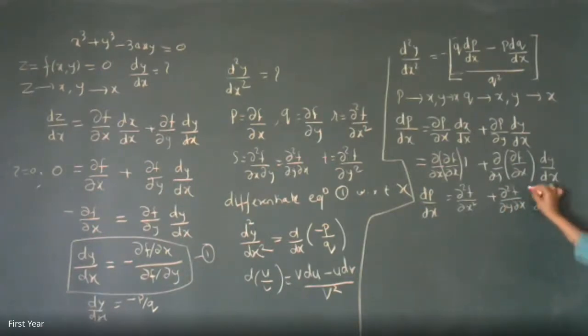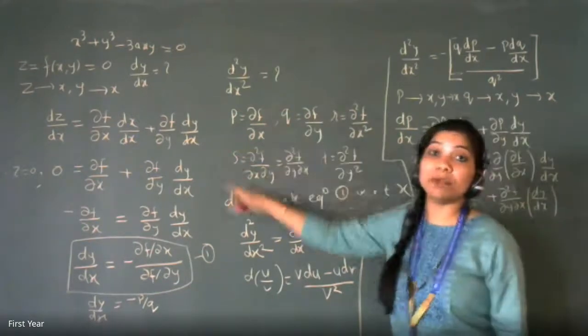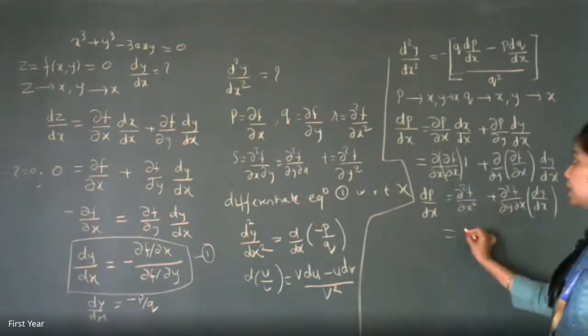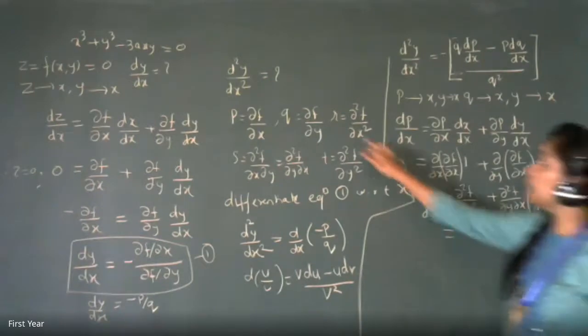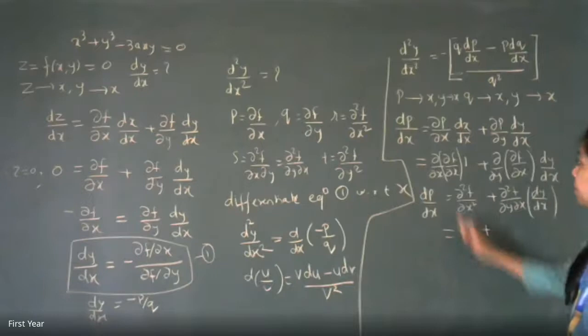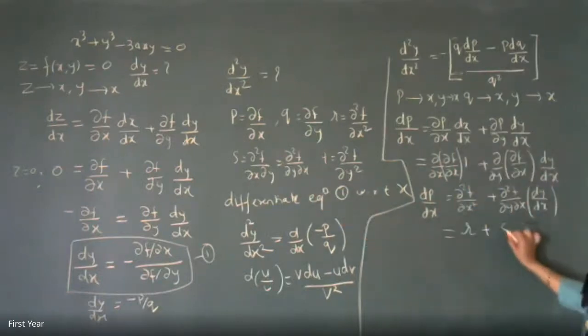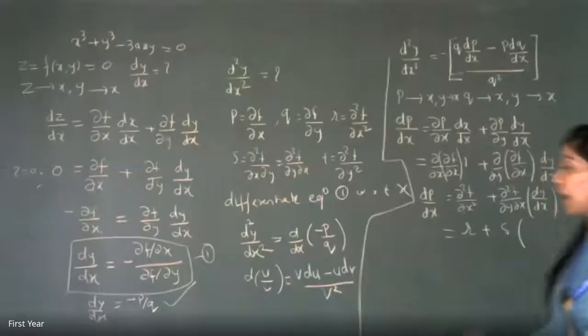Now I will convert all of them in terms of p, q, r, s and t. That's why I have named it p, q, r, s and t. What is delta square f by delta x square? Look at that. Which variable is this? It is r. Okay, what have we skipped? Can anybody tell what we are going to do at the end? We are going to substitute afterwards. Delta square f by delta x square is r plus delta square f by delta x delta y, or delta y delta x, is s. And what is dy by dx? From this, dy by dx is minus p by q.